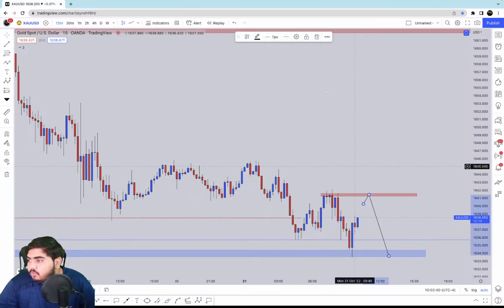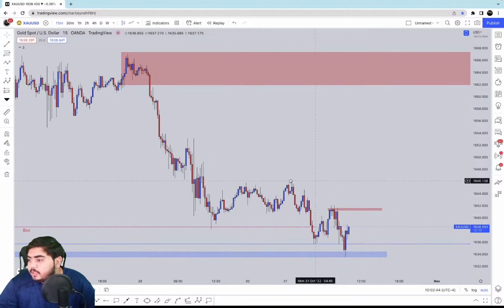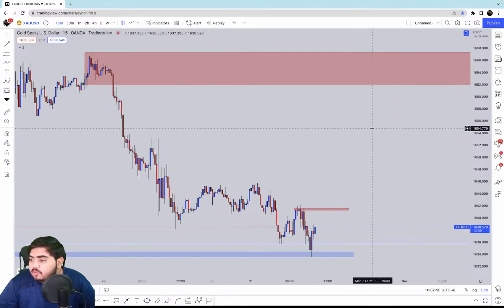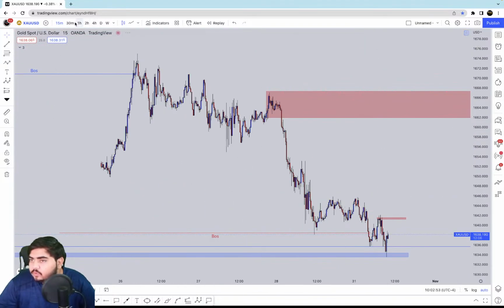On the other hand, if we break higher from this area, if we make a breakout, then we are most likely to continue moving higher to this area and then go lower. So this is going to be our key level of resistance. And on the lower degree,